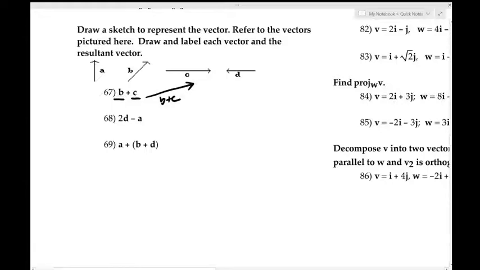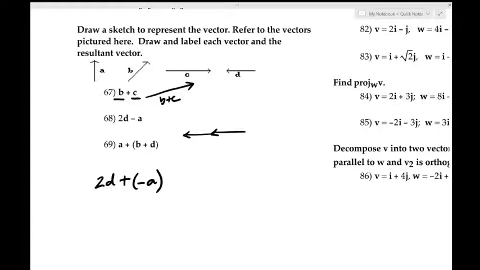Next, we want to figure out number 68, which is 2d minus a. Now, this is saying twice the length of d. So here's d, that's 1, and then another 1. Okay, so that would be 2d. Then we're taking away a, which is the same thing as adding a negative of a. So if we're adding a negative of it,